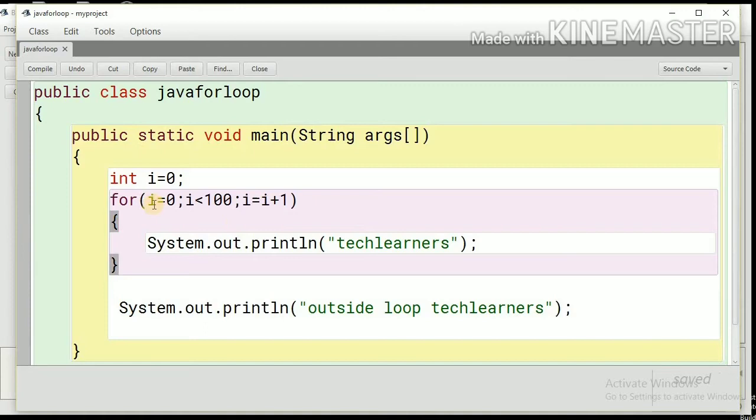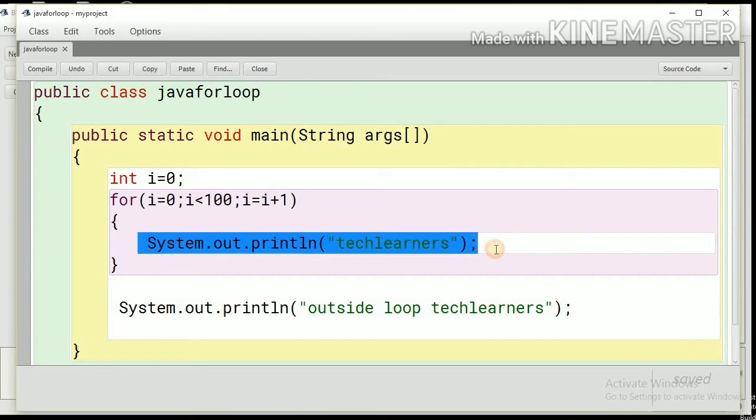So what we have learned: this has to be an assignment statement, the initial assignment statement. This has to be an assignment statement which will update the value, and this has to be a boolean returned value. So we will write some statement here which will return a boolean value, either true or false. We can use any logical conditions here, and also, or also, right? So this is how we use a loop, and inside the brackets we write the statements, a single statement. We can also write multiple statements.